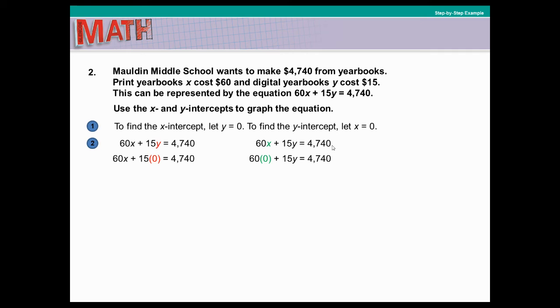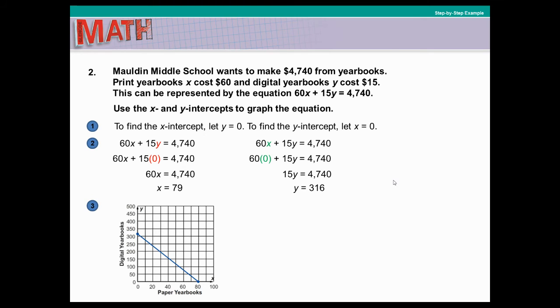oh, they're doing them simultaneously. I'm sorry. They're doing them at the same time. Over here on the left side, they have red y. They made y 0. Over here, they had x green, and they made x 0. Then you have 60x equals 4,740, 15y. And again, you divide through, do the algebra, divide through by 60, divide through by 15. And you'll find out that,